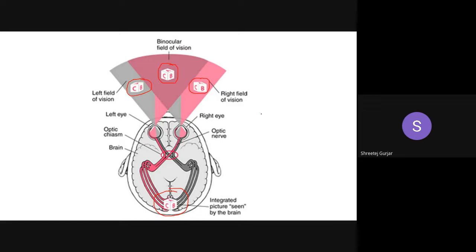So this is the main reason. The third reason which I've told you is the main reason why you experience depth in your field of view, right? So this is the main reason. The first and second reason are not very important, but the third reason is very crucial for perceiving depth, right?